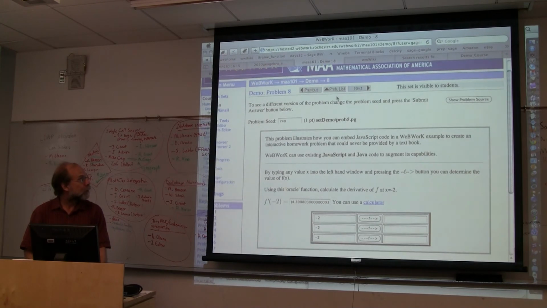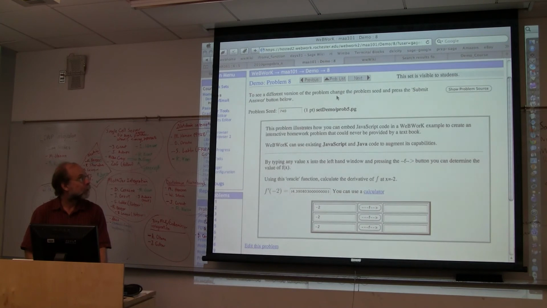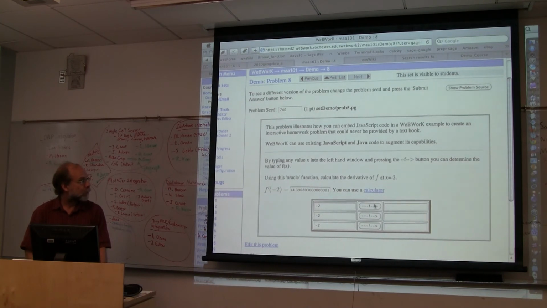I like this. So this is what I decided to call an oracle function. Because if you ask it what's its value at 2, it tells you. And if you ask what's its value at, say, 1.9, it tells you. It's all JavaScript. And the students say, well, so how the hell am I supposed to figure out the derivative, because I can't bring down the exponent? So now what do I do?